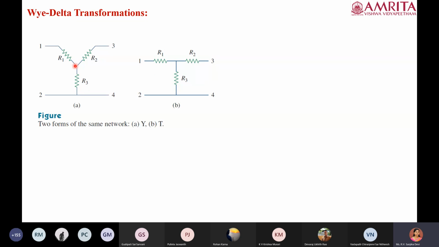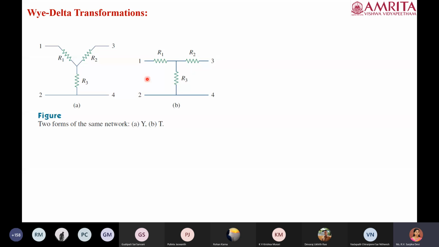If you see the common point between all these three resistors, R1, R2, R3, it is the point where all the three resistors meet. And in the second network given by B, there also R1, R2, R3 are meeting at the same point. Only in terms of structure there is a difference, which when we visualize looks different, but basically they both represent the same thing. This can be called a T network or a Y network, and rather than calling it T, the common terminology is a Y network. So this type of configuration is one configuration.